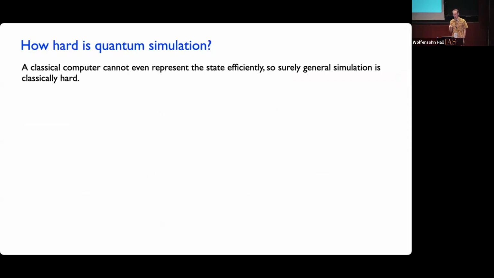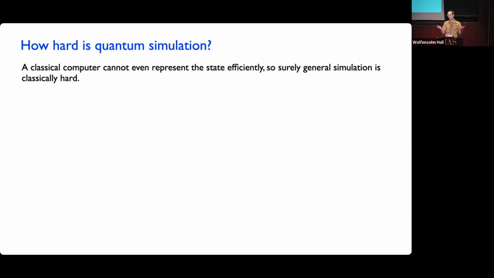It's a little bit hard to even pose this question precisely the way that I set it up, because the problem as I described it is inherently quantum mechanical. You're given a quantum state as input, and your goal is to output a quantum state at the end of the day. Of course, a classical computer cannot explicitly represent that quantum state efficiently. There are exponentially many amplitudes in it, so there's not a fair comparison to make between what the quantum computer is doing, where it gets to have the quantum state loaded into its memory, and the classical computer, which can't even do that.